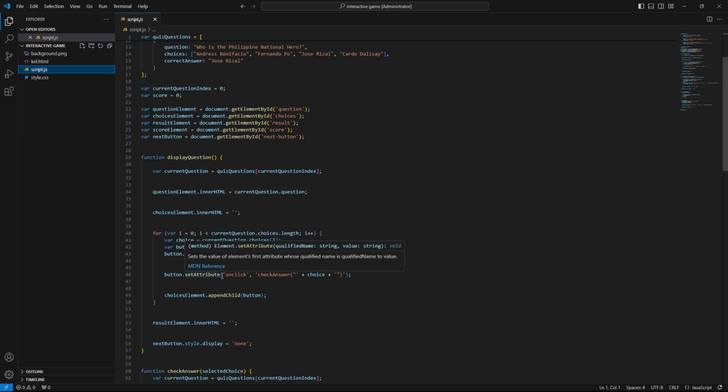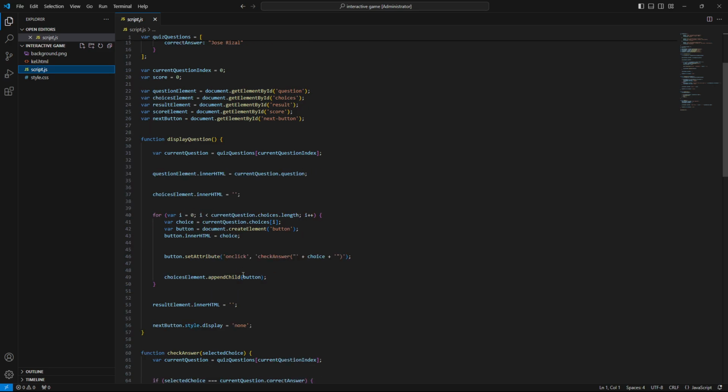Next is to add an on-click to the button, button set attribute on click, check answer, and the choices. And to append the button to the choices container, I will make this choices element append child button.